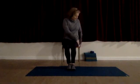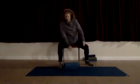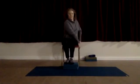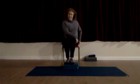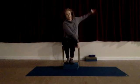Then I'd like you to get hold, if you can, I'm going to have to use blocks actually for this. You're going to get hold of the side of your chair. So obviously it depends what sort of chair you've got. It's just going to allow me to get the chair. So I've got the chair. You could hold your thigh if you need to. Might be better. So I've got my left arm coming across the body, and then my right arm is going